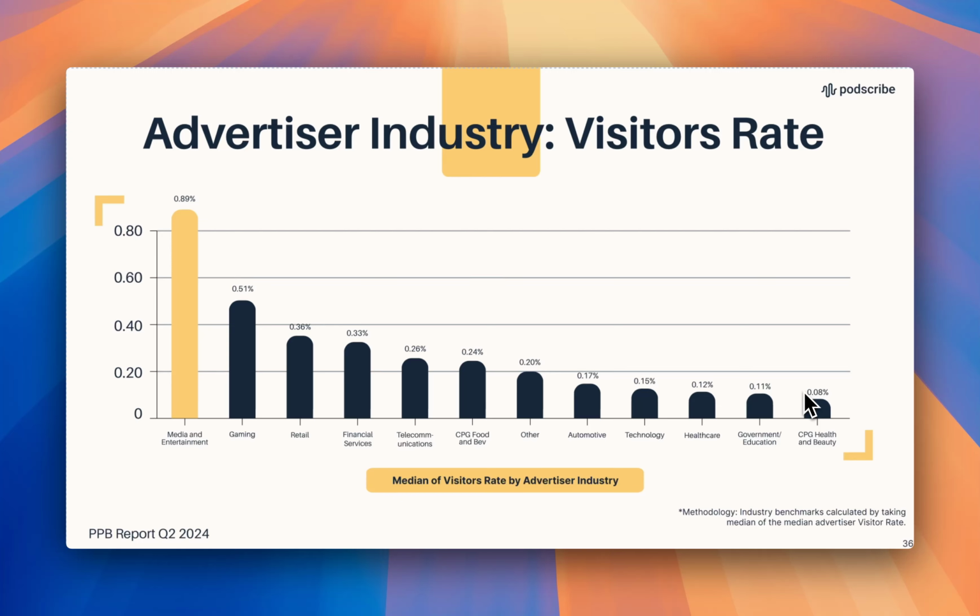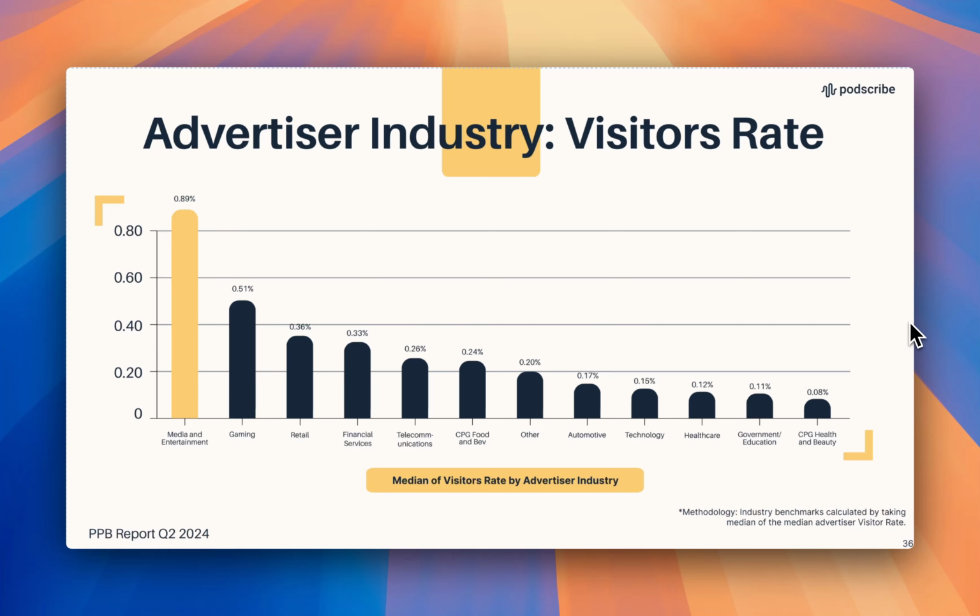Well, it certainly seems like we can say things like seeing media and entertainment driving high visitor rate. Generally speaking, media and entertainment is an online activity now. Gaming can be a very similar conversation. Retail, certainly a lot of retailers at least, have an e-commerce presence. So an ability for a listener to act on ads for these given industries, it's easier for some versus others. Let's compare it to automotive.